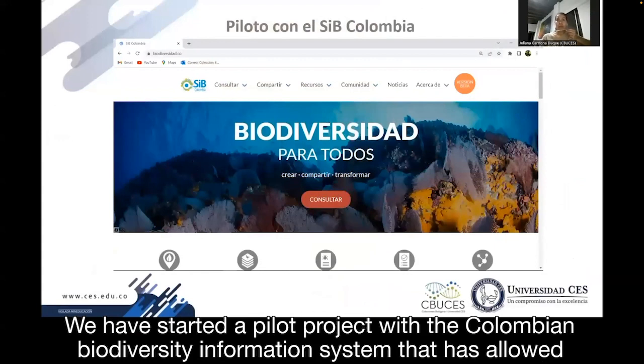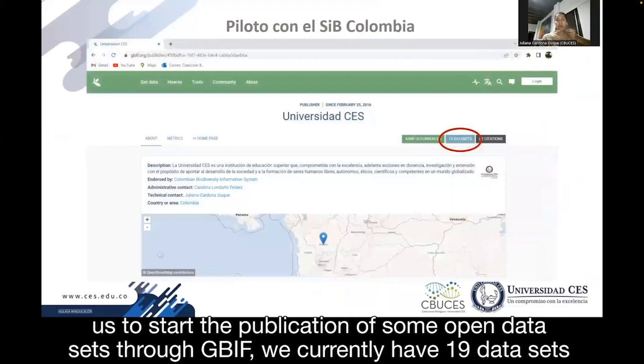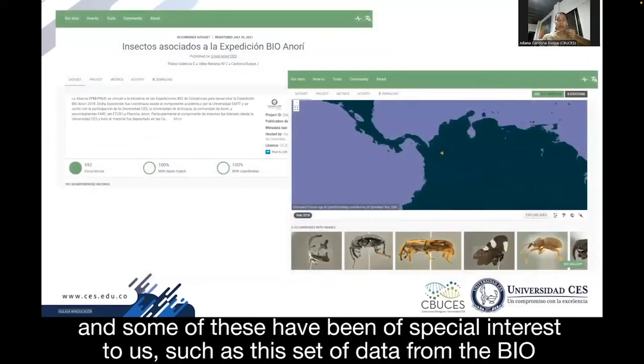Hemos iniciado un proyecto piloto con el Sistema de Información de Biodiversidad de Colombia, que nos ha permitido iniciar la publicación de algunos conjuntos de datos abiertos a través de GBIF. En la actualidad llevamos 19 conjuntos de datos, y algunos de estos han sido de especial interés para nosotros, como